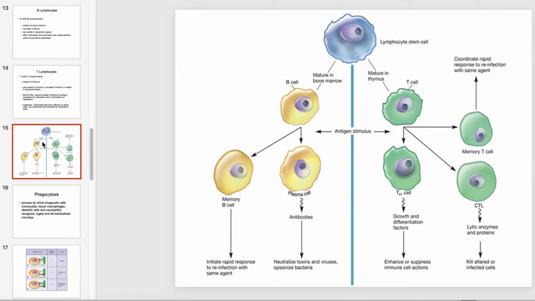So here's just a little dichotomy of how these originate from lymphocyte stem cells, and then these primordial stem cells can then migrate to different places and mature in their different ways. So if they mature in the bone marrow, they become B cells, and stem cells that mature in the thymus become T cells. The B cells, as I said, can differentiate upon stimulation into antibody-producing plasma cells, and then memory